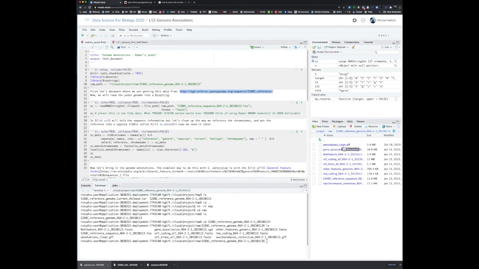There's a bunch of things here. We're not going to need all of them for today. Annotations clean.gff, I'll explain that in a minute. Gene associations, not feature or coding. These are not features, so they're not genes or anything else. It's all the intergenic, completely, let's say, junk DNA that's in